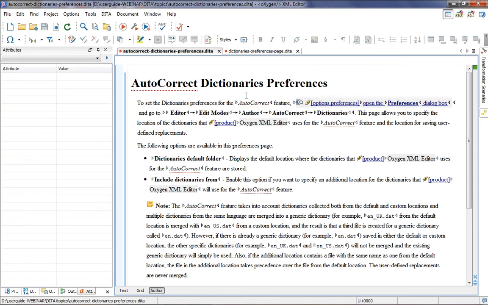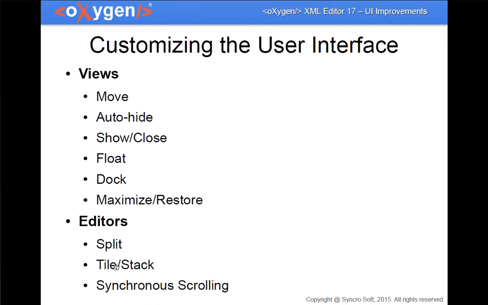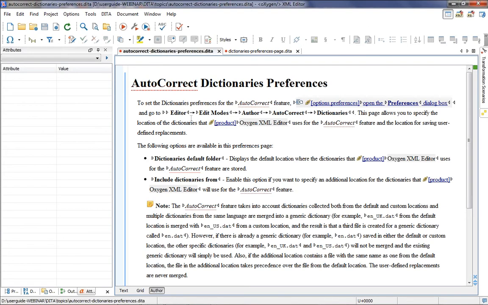Moving on, we also have some actions available for the editors. If you are in the text mode, you can split the editors, but we won't discuss this in today's scenario because we're focusing on writing documentation. That's usually done in author mode. And we can tile or stack editors, or we can choose to have synchronous scrolling. Moving back to oXygen,